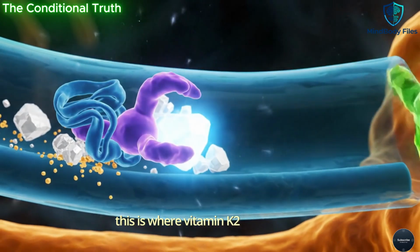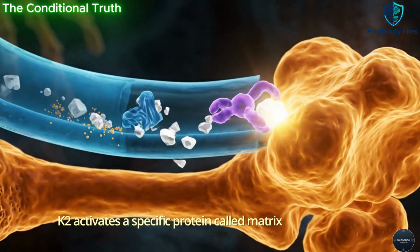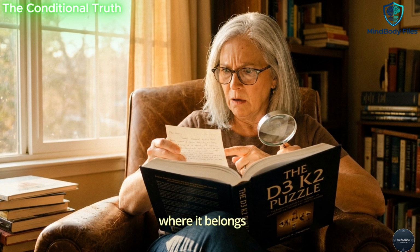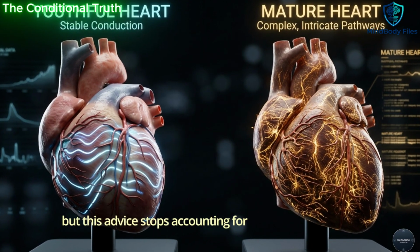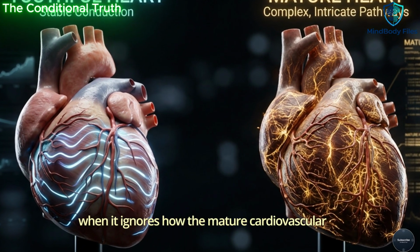This is where vitamin K2 comes in. K2 activates a specific protein called matrix Gla protein. This protein binds to calcium and directs it away from your arteries and into your bones where it belongs. The theory is well supported. The benefit is real. But this advice stops accounting for something critical when it ignores how the mature cardiovascular system